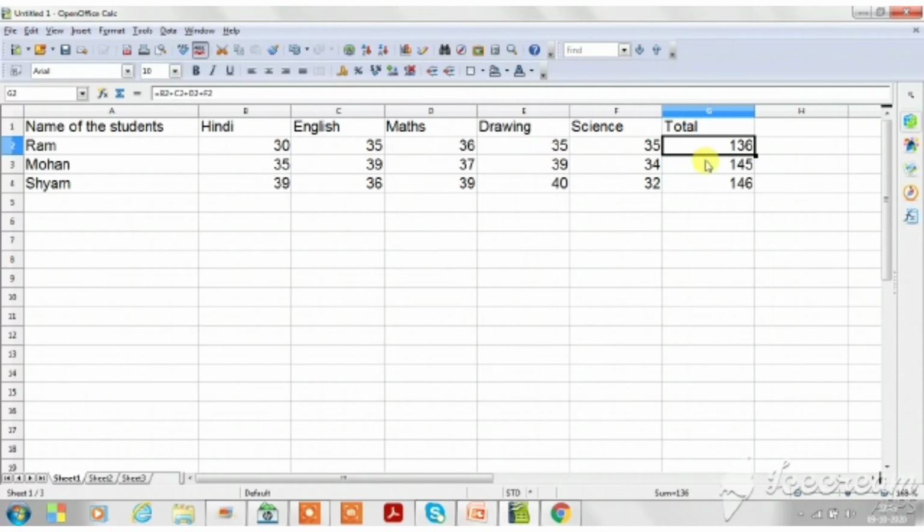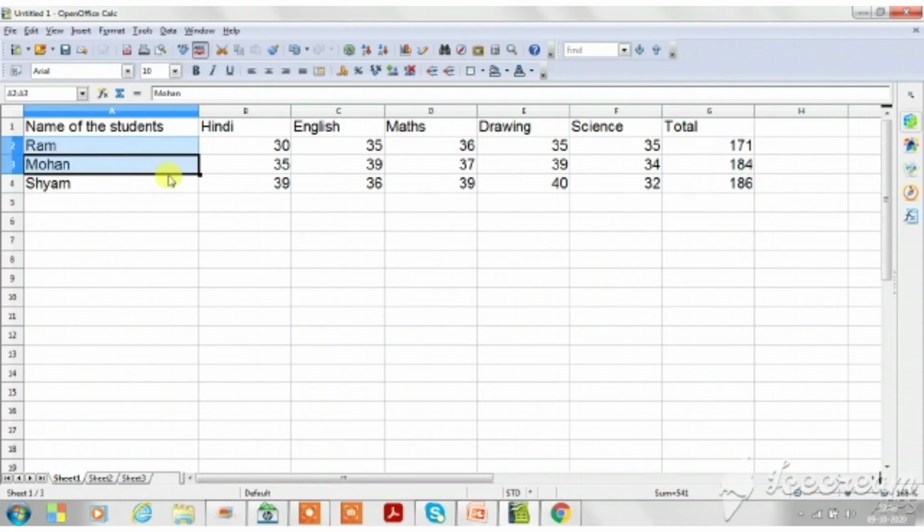No need to take any tension. Just double click on the cell and all the cells will appear, and you can simply click plus and select the cell which you want to add and press the enter key. In the same way, if you want to edit all the cell references, you can do this just by using the autofill feature. Is it clear?